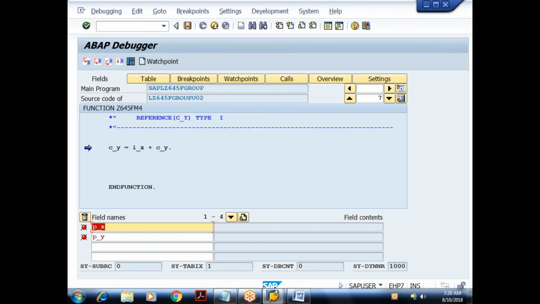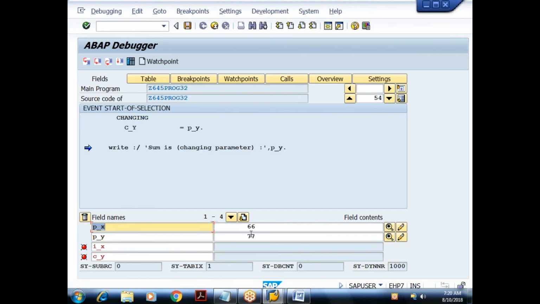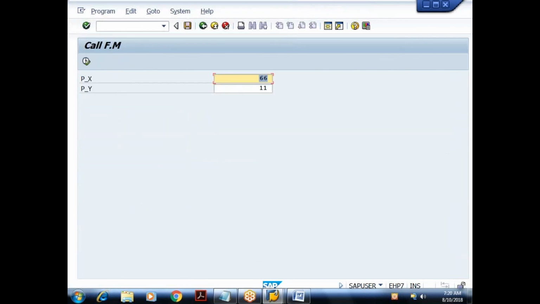When I say F5, it is received in I_X, and in C_Y. At the time of calculation, C_Y is 11. I am doing the calculation and storing in the same variable, C_Y. When I say F5, C_Y now is 77. It will be written, and we are receiving that in P_Y. When I say F5, yes, it is received back in the same variable, 77. That's all.